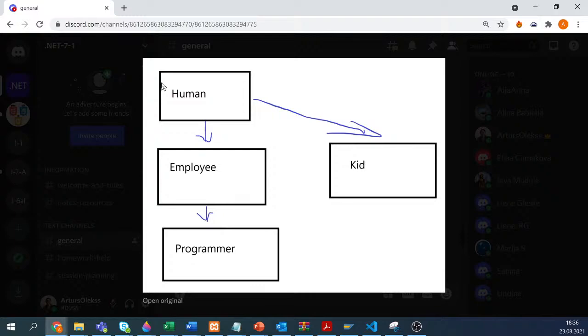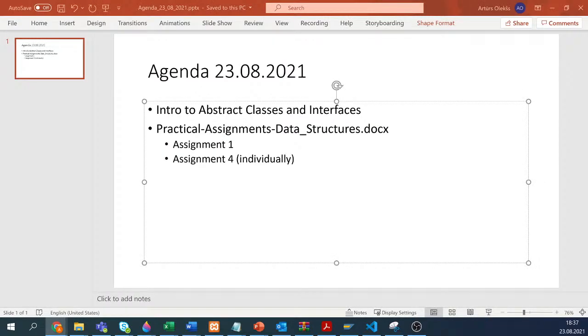So it means that if you have the variable defined as any superclass, then you can pass the reference of the object from any subclass of this class. This will always be correct, and this will always work without any issues. On the other hand, we also have downcasting, and downcasting is